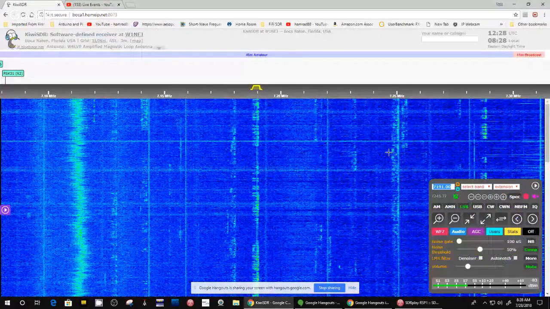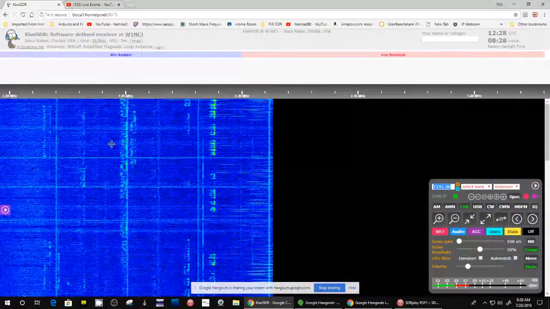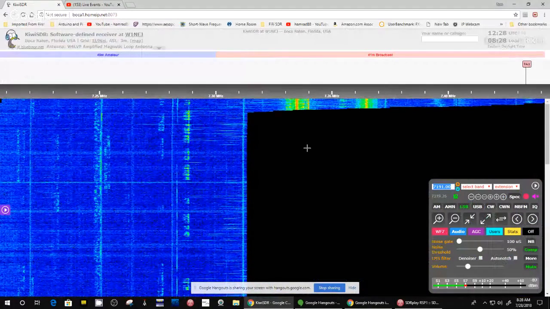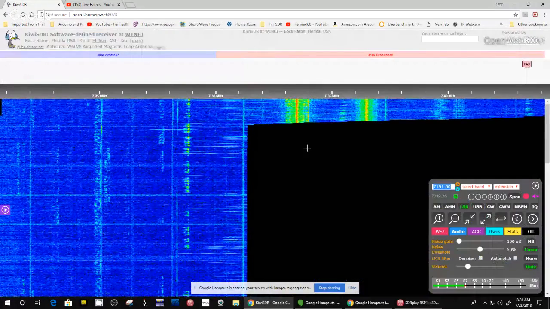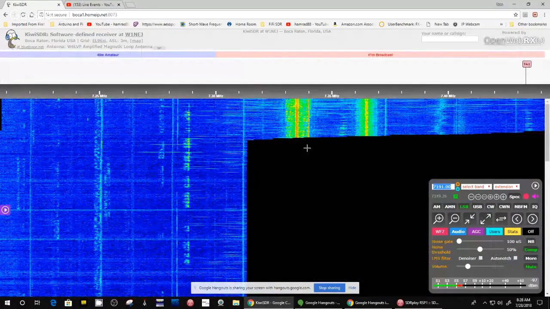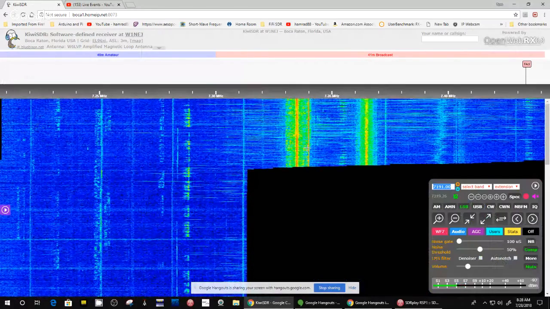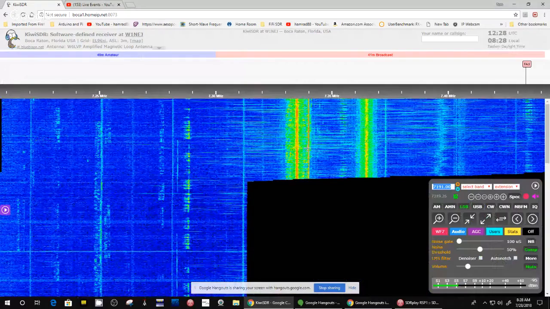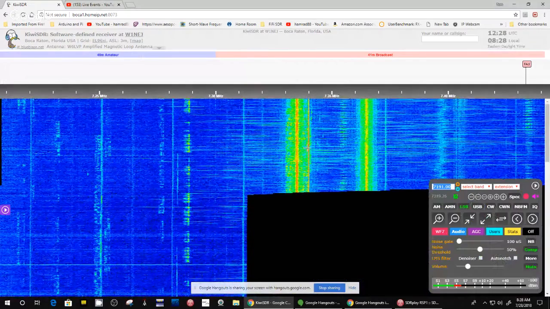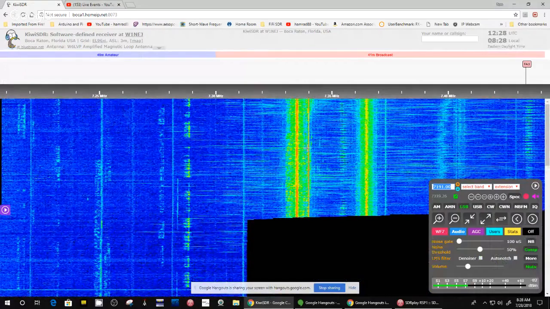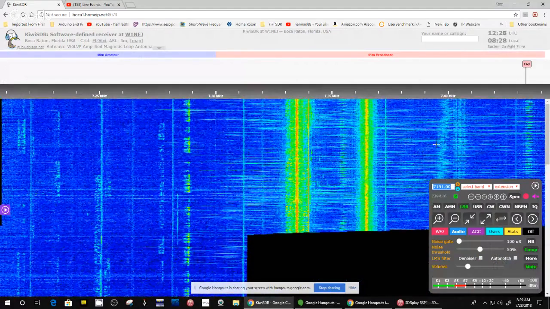I want to get up above the amateur radio band. What I was doing this morning before I started this is I have a listing of possible frequencies that fishermen use on HF when they're out in the Gulf or the oceans, and I was hoping to catch some conversations. I didn't catch any, so that was a bust. Let me move way up the band here, past the amateur radio band.